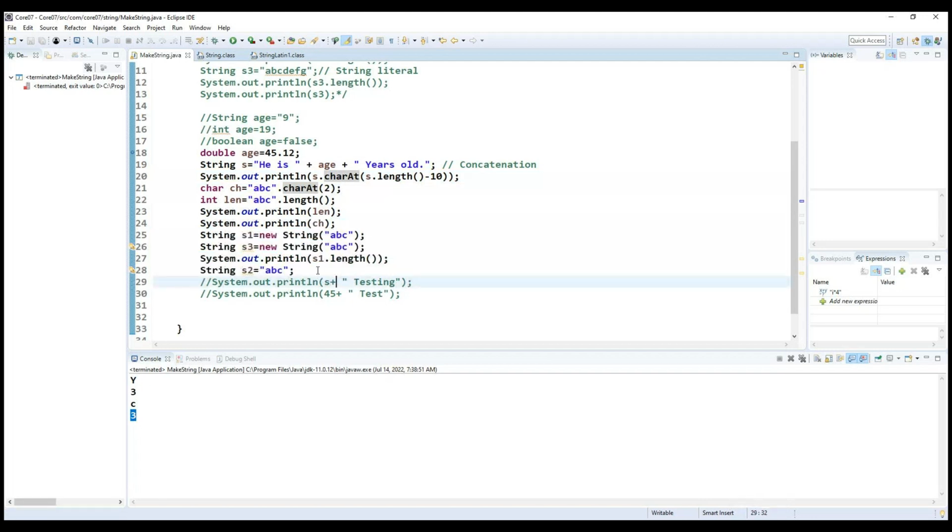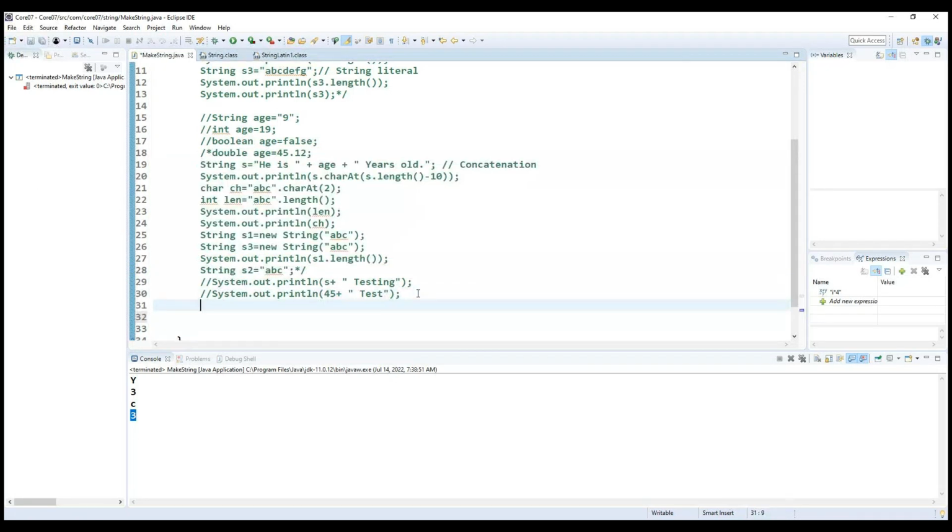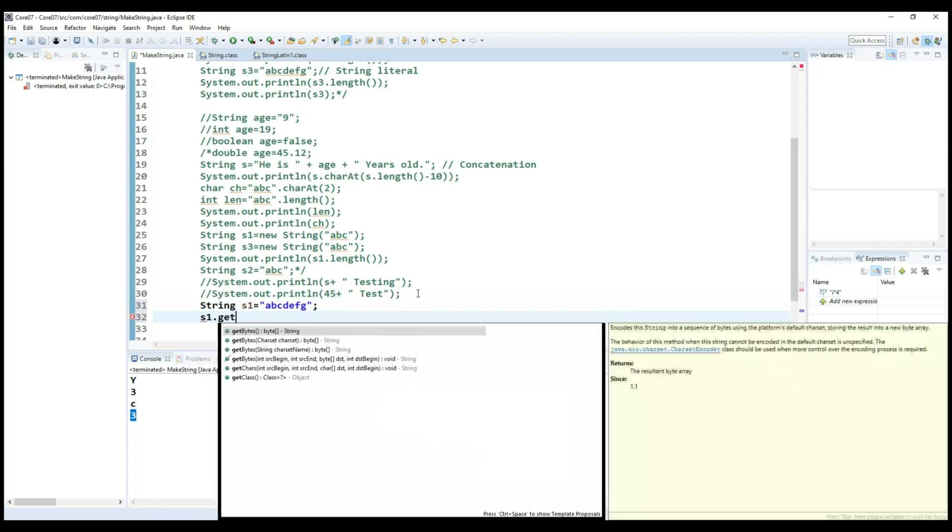Now what I'm doing here, I'm trying to provide one more method's information. So what will this method do? The getChars method. Okay, basically the getChars method, we need to understand very carefully what it will do. So here I'm going to have String s1 is equal to, here I'm going to write a b c d e f g. Okay, this is the string literal, one object I'm creating, s1 dot